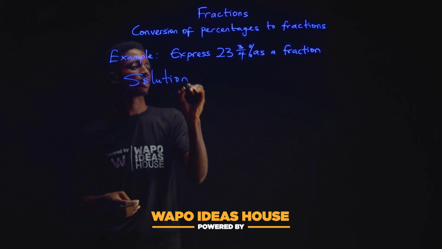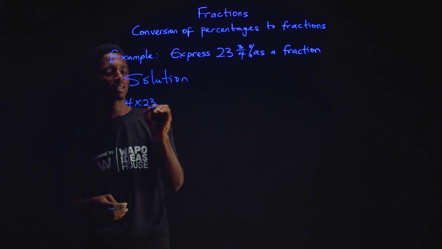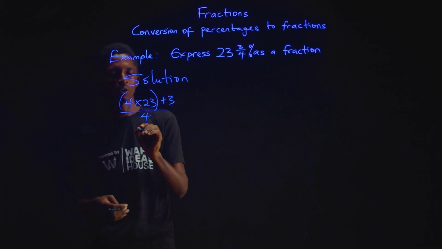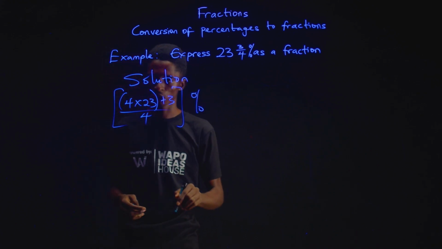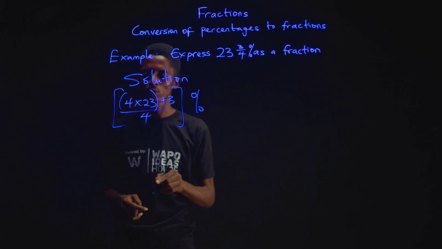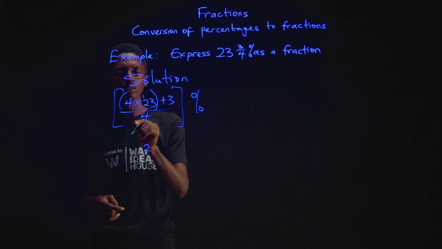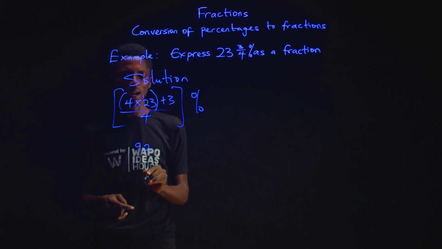Solution. We then have 4 multiplied by 23 plus 3/4, and this is in percentage. Now, what is 4 multiplied by 23? 4 times 3 is 12, that's 2, carry the 1. 4 times 2 is 8 plus 1, that is 9. So we have 92